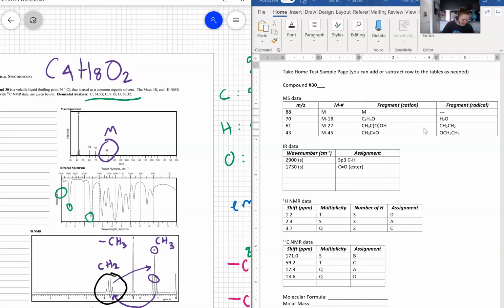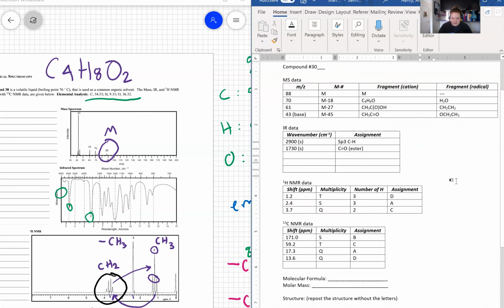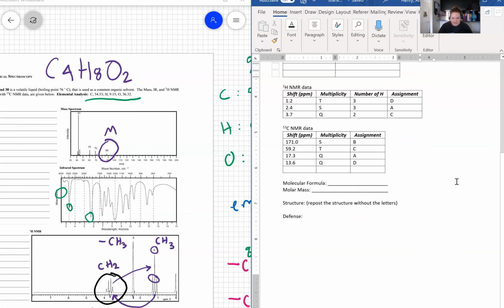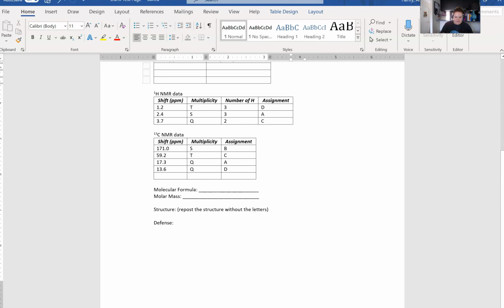I am missing one label here though. Peak number 43 was my base peak because it was the tallest, so I'm just going to add that label there. So my mass spec's done, IR is done, hydrogen NMR, carbon NMR. What would be left to do is to actually draw in the structures. I have those on my other page, so I can copy and paste those over. And then in our defense section,